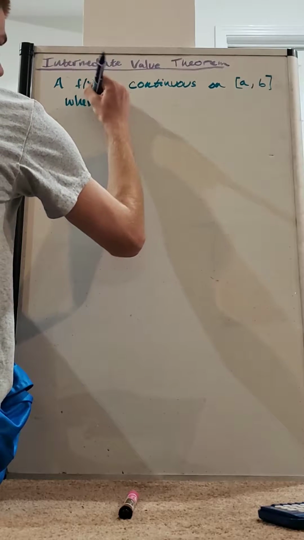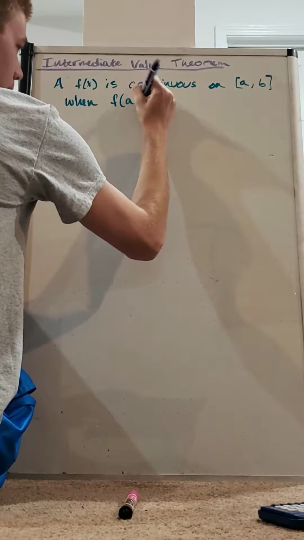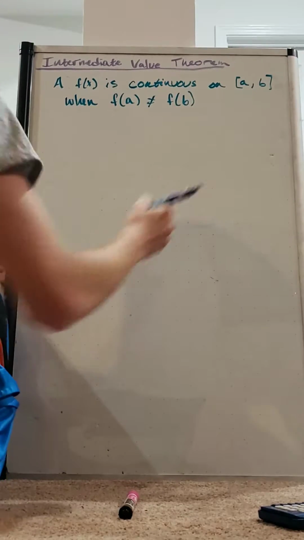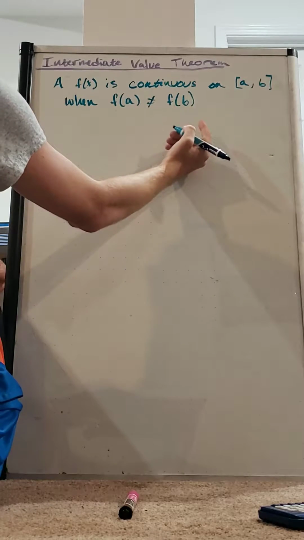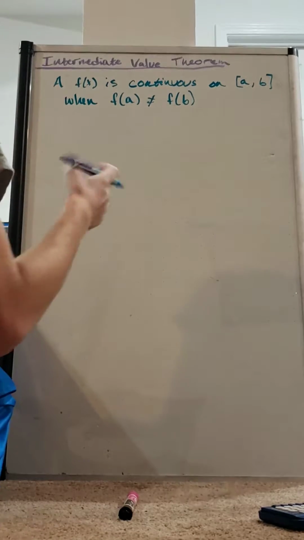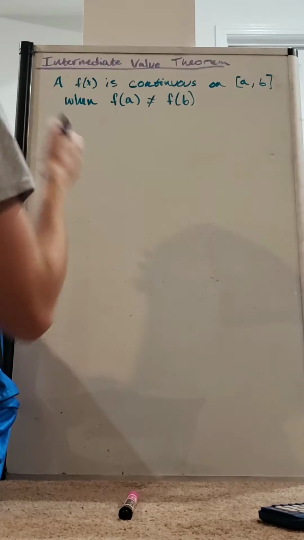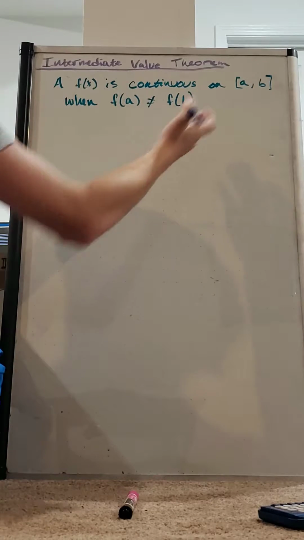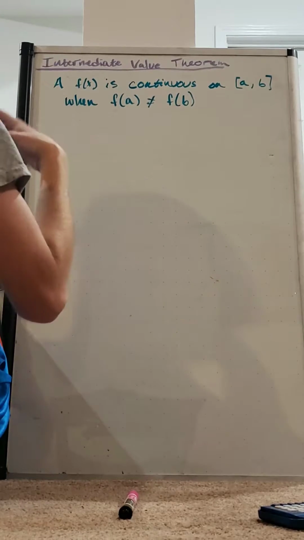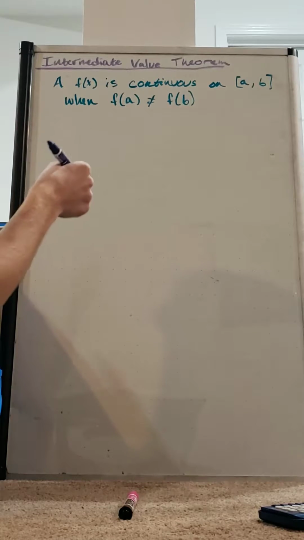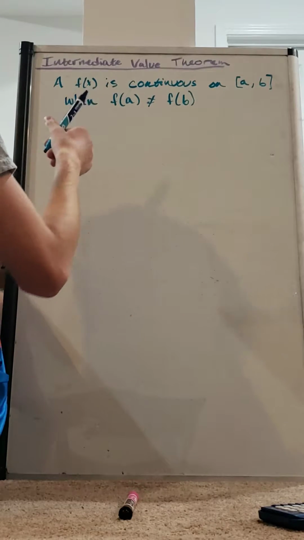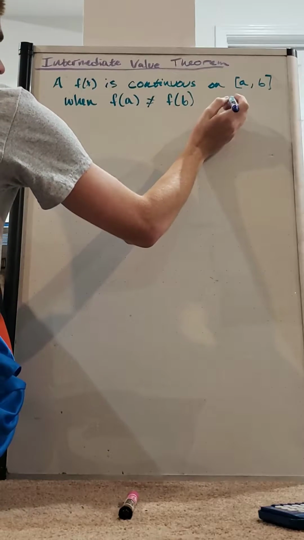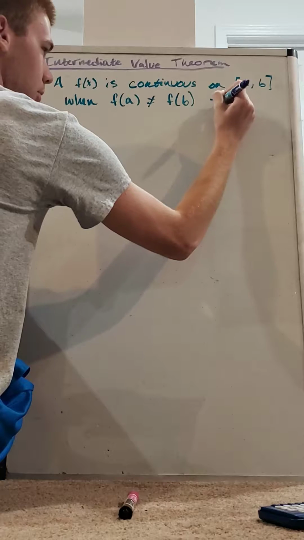when f of a does not equal f of b. So these are the two qualifications for a function to agree to the intermediate value theorem. It has to be continuous on an interval from a to b, and the two endpoints of the function on that interval have to be different. So when a function is continuous on a to b, and when f of a does not equal f of b,